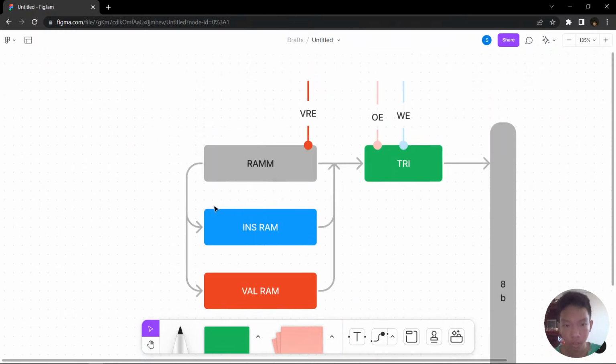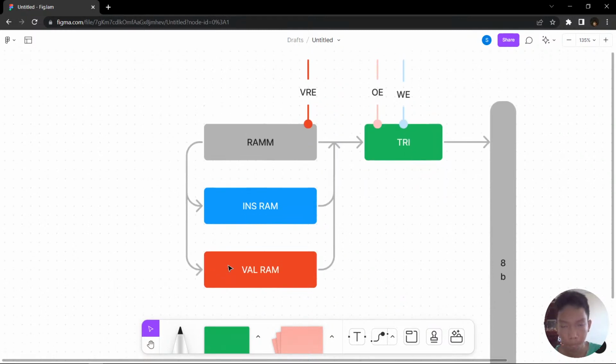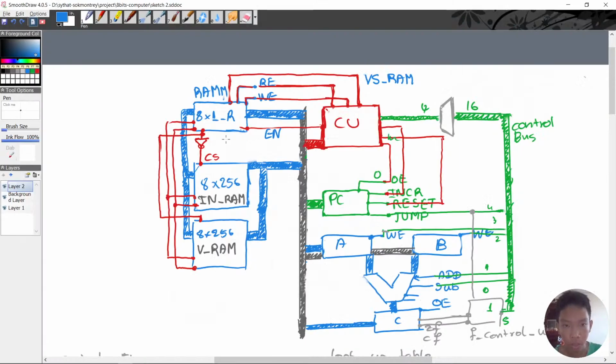So if we enable it, our RAM manager will enable our value RAM. So whatever we do with it, whether it is write enable or output enable, it will work only with the value RAM. And there is a problem right now because our output and write enable is on the other side. It doesn't have any contact with the RAM manager. So if you want our RAM manager to tell